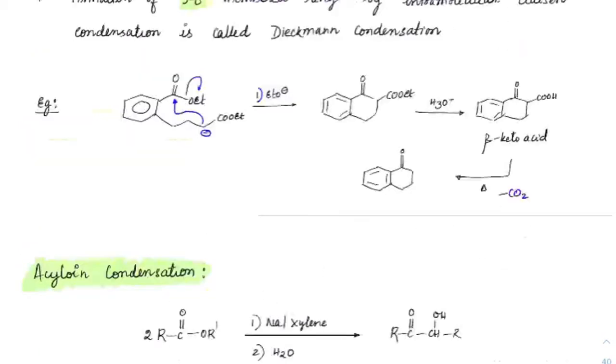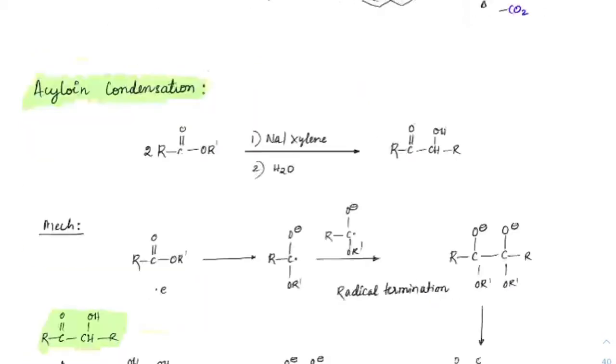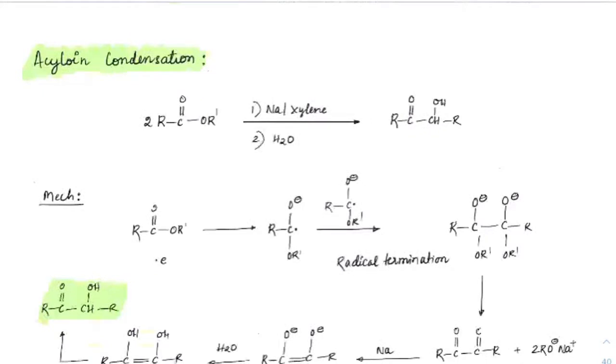Now, this is something we have discussed, so I think you guys could revise it once. Most of the terms today are only repetitions, correct? Whatever we have discussed yesterday or before that. See, next is acyloin condensation. Just like benzoin condensation, this is acyloin condensation. We used to have a similar condensation in the case of benzaldehyde, right? So we used to call it benzoin condensation.